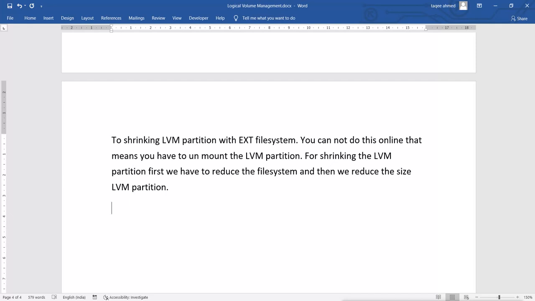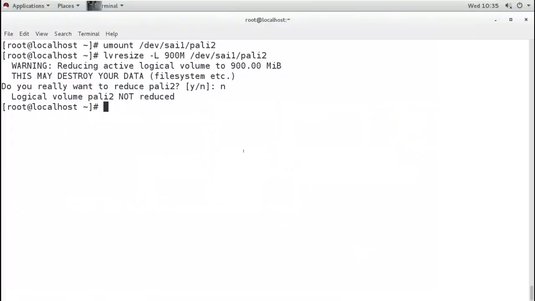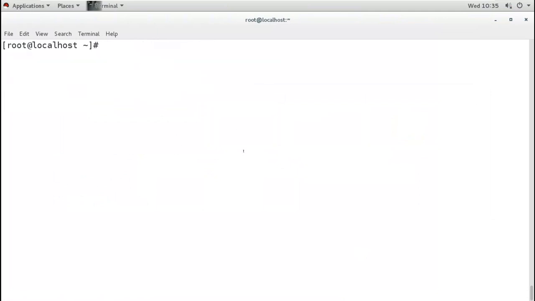And if you run that command, there is one more thing. So if suppose I run the command, I will show you this first. The command is the same, resize2fs.